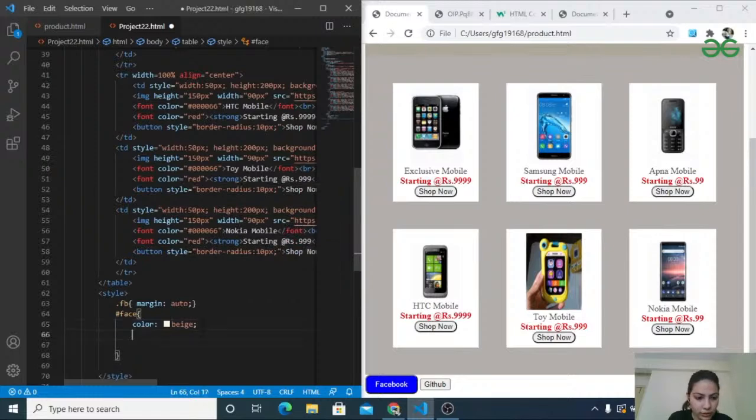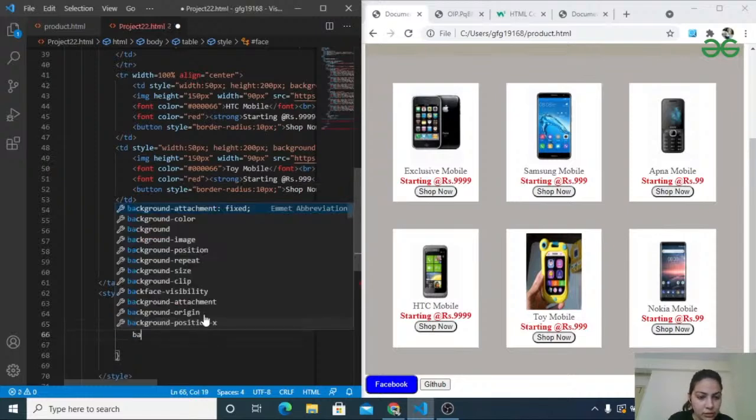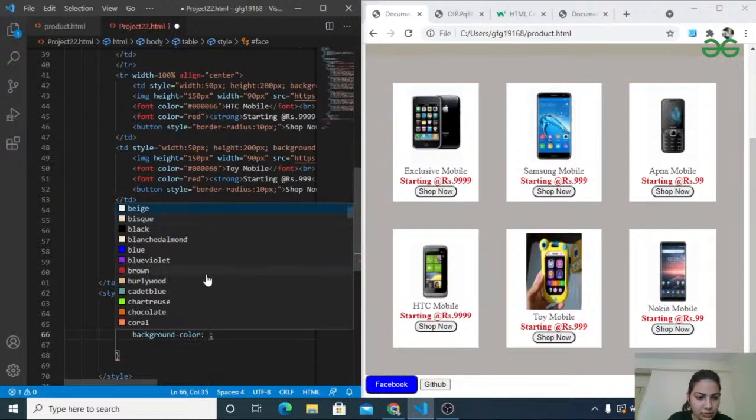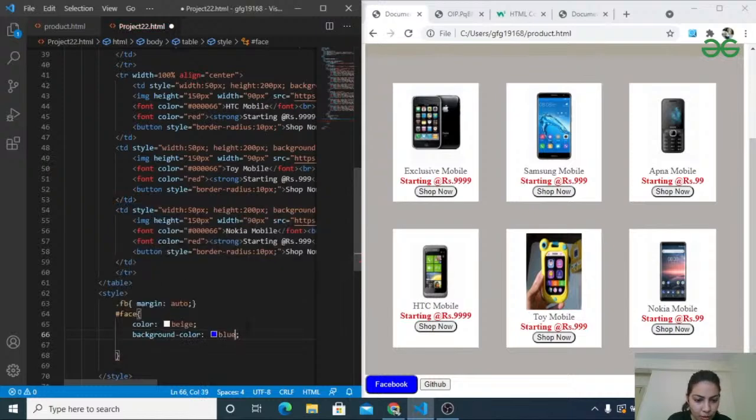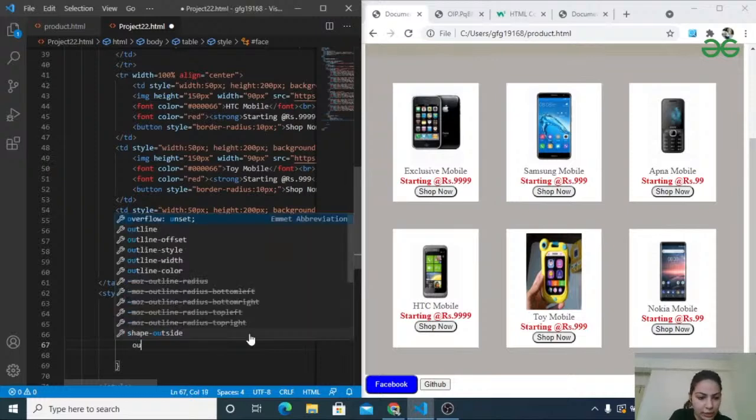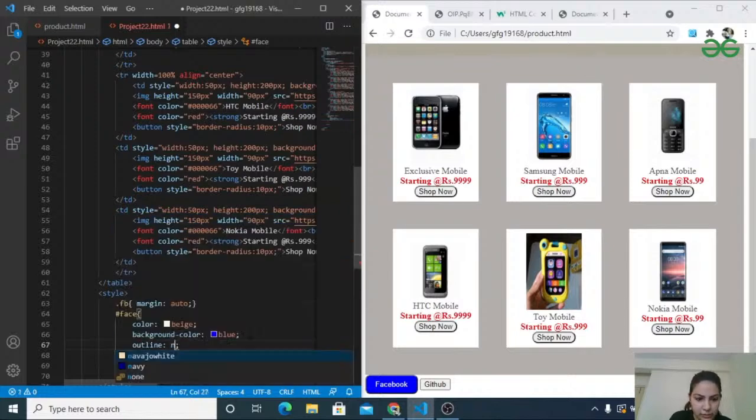Then I want my background color as, let's say, blue. Okay, nice. Now let's say I don't want an outline, so I'll select none over here. Okay. Then whatever I can see here is